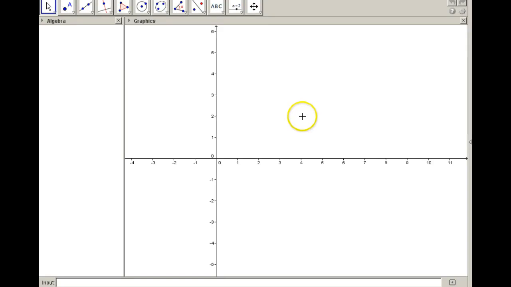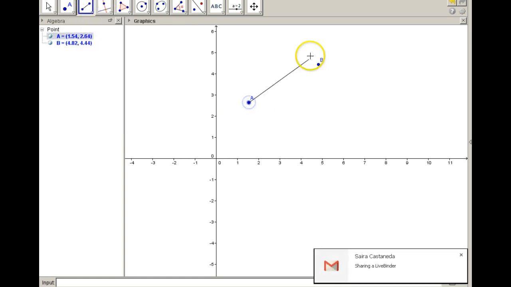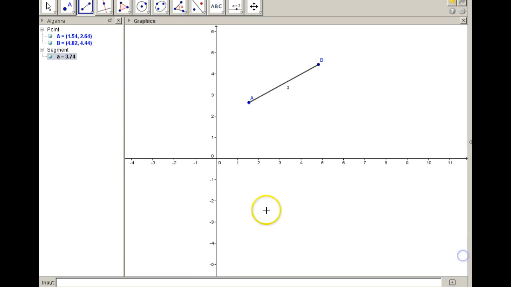Okay, so what we're going to be doing here is trying to find the distance between 2 points that exist in the plane. So we create a segment, and of course right here I've got my segment AB. I've got the length here, it's 3.74, but let's just think about how in the real world, if there were 2 different points and we wanted to know the exact distance between those 2 points, how would we do that